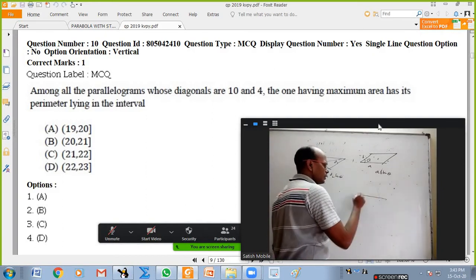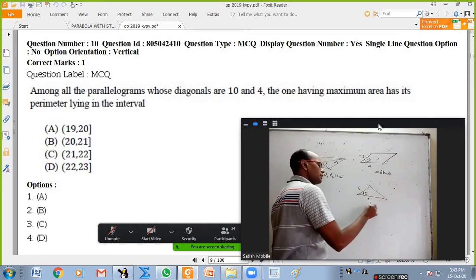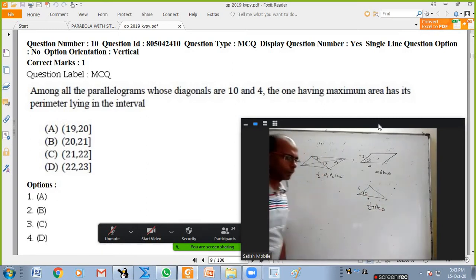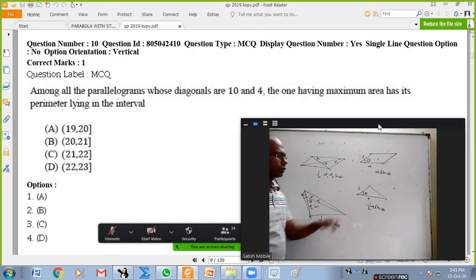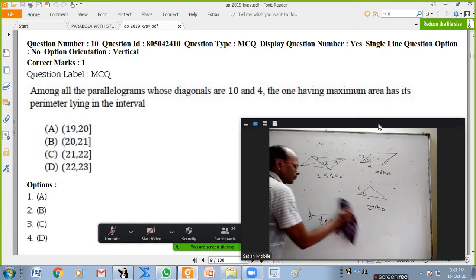And if there is a triangle with this side A, this side B, and this angle theta, the area is half of AB sin theta. If you take any quadrilateral, any shape doesn't matter, and the diagonals need not be perpendicular also. One diagonal like this, one diagonal like this, this is theta, this is D1, this is D2. Area is also half of D1 D2 sin theta. How is that? You find this triangle area, this triangle area, this triangle area, this triangle area, and add all four. Based on this formula, you find all four and add, and you'll finally end up with this. But anyway, here in this particular question, they said parallelogram, so it is easier.